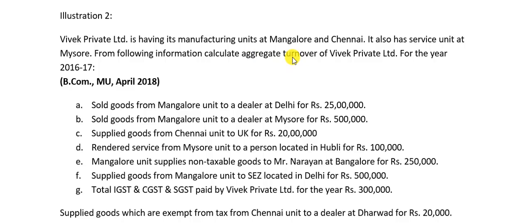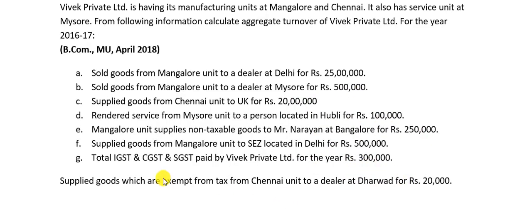They have asked us, this is the company, tell me how much sales they have made, what is the amount of supplies they have made. So we have to just say that this is the total amount of supplies that has happened, not taxable turnover. What is the tax? We will look at it if required. In this case, it is not required at all. So just take all the supplies that they have made. Even this will be considered. Though it is exempt from tax, it will be taken for aggregate turnover.